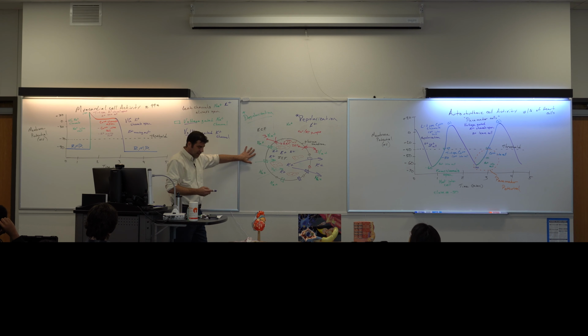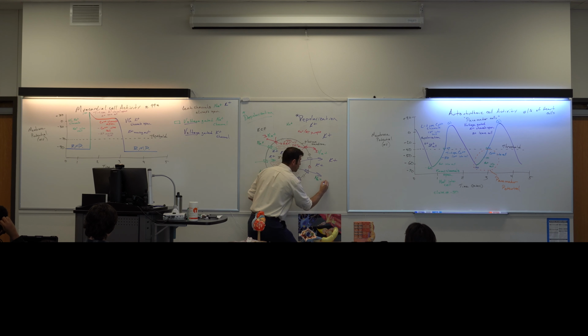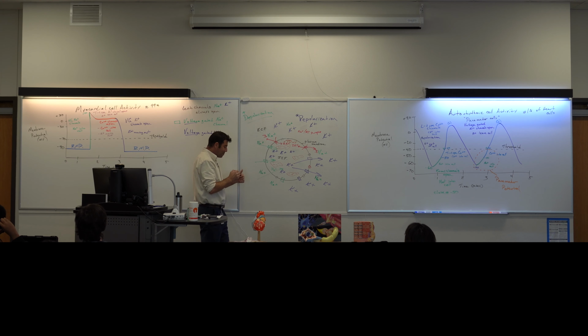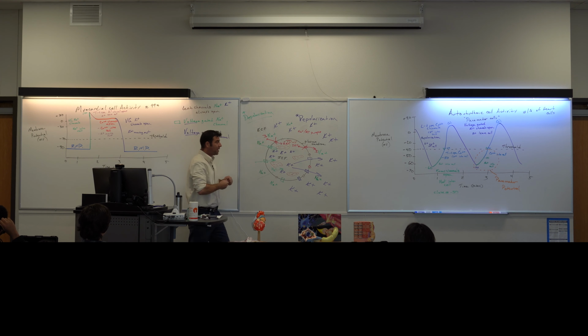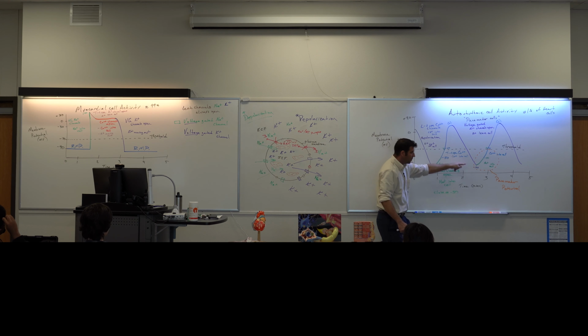So that's why this diagram had gotten so crowded a second ago, because at the end of the last class, I put a bunch of potassium ions out here in the extracellular fluid just to mimic us injecting a bunch of potassium ions, or if you're hyperkalemic, maybe you get these from the diet or whatever it may be. In the case of hyperkalemia, you have so many potassium ions in this extracellular fluid that it makes it very difficult for repolarization to occur. Because if these voltage-gated channels open, potassium doesn't care. You've lost that concentration gradient. It won't leave the cell. If neurons can't repolarize, if they can't do this part,